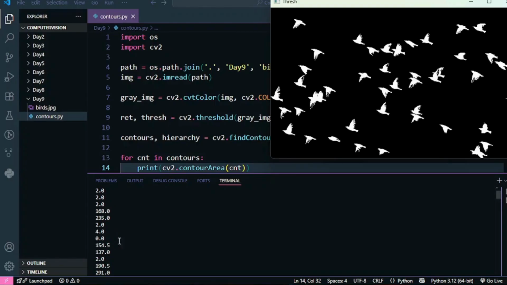So the areas that you see that are very small, like 2, 3, 4, are actually the contour areas of the noise, because when you said find contours, it found the noise as well. If I want to create an object detector, I must ignore this noise, right?